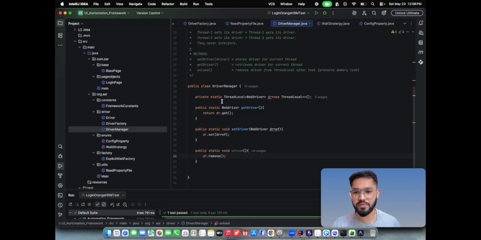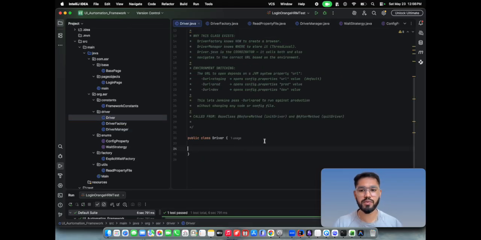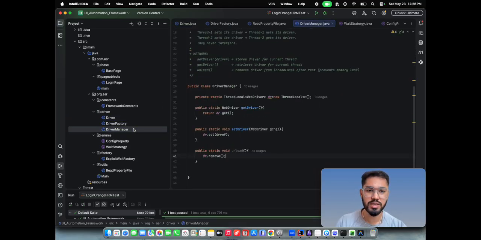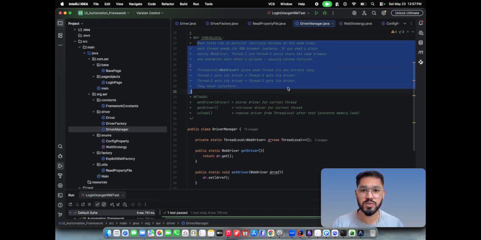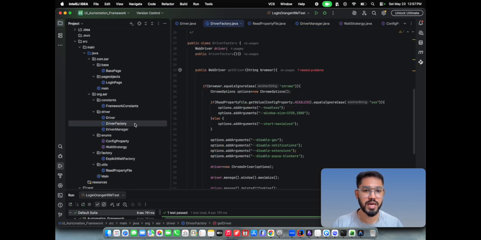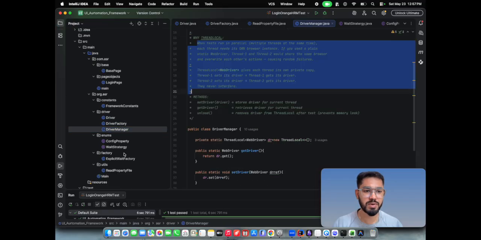So this is our driver manager class. So we have a driver class. Driver manager class I have already discussed. We are adding the ThreadLocal, so there will be an independent thread. We are creating an independent thread for each and every run. By this way we can avoid the synchronization issue while running all the tests in parallel. So that is what we have written here, and driver factory is done, driver manager is done,